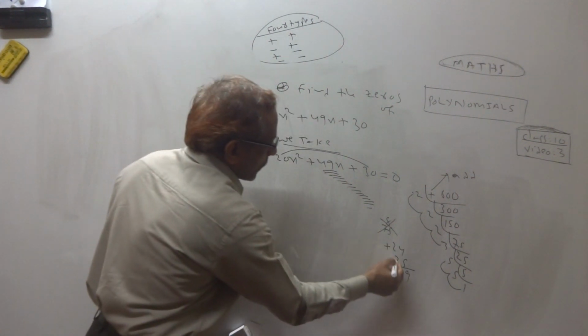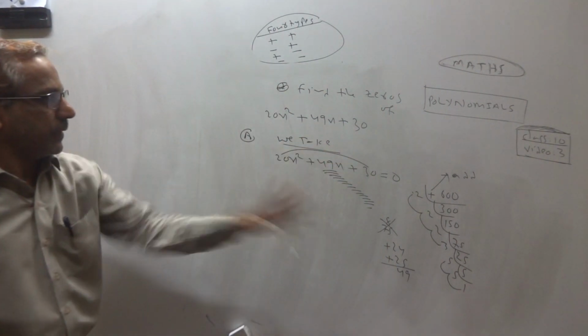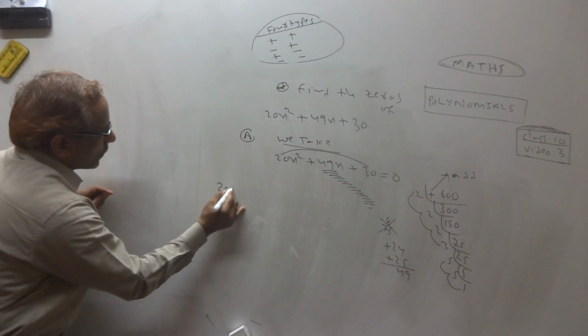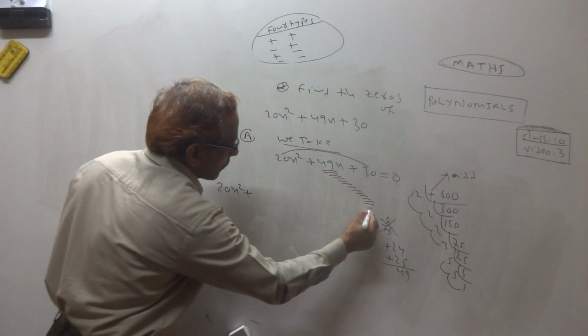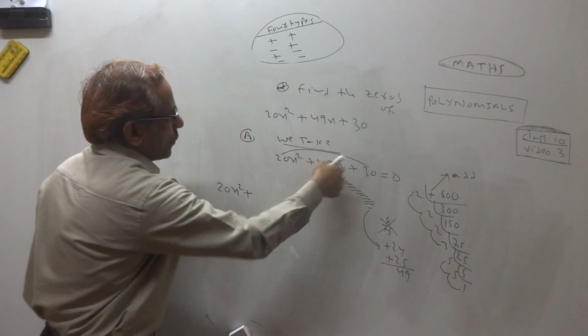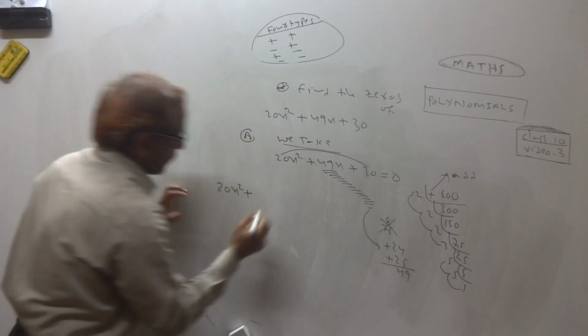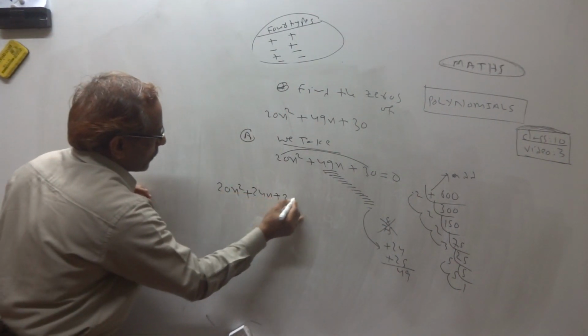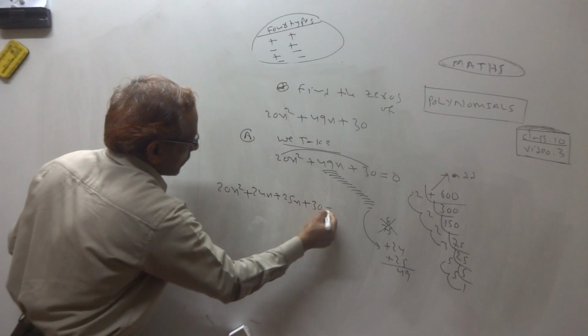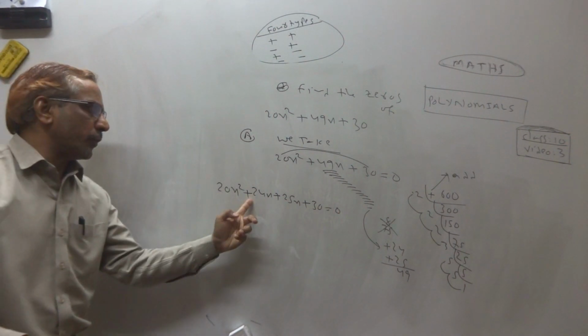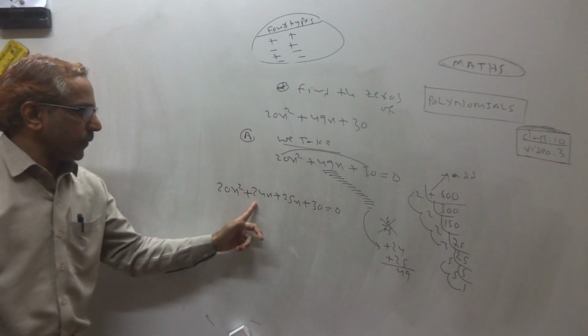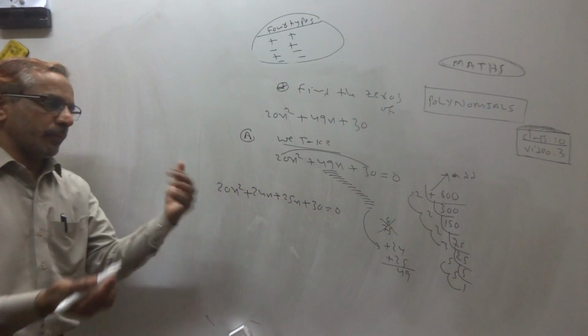Like that we decide from that. So now 20x square. In place of 49 what do we write? Yes, in place of 49 plus 24 plus 25, plus 30. You can write 25 plus 24 also, okay. 24 plus 25 or 25 plus 24, no matter.